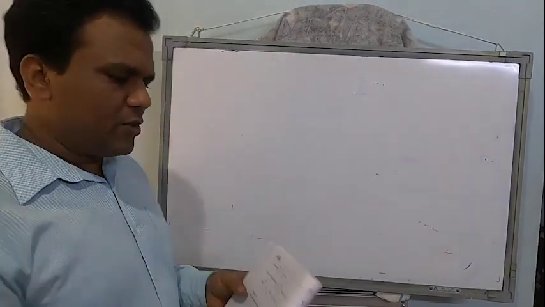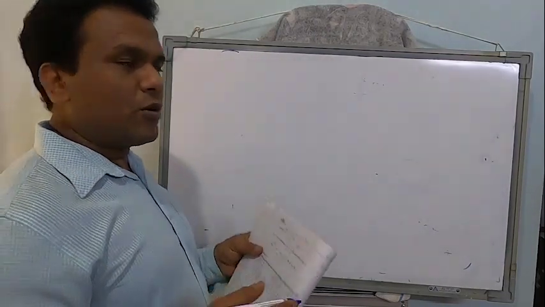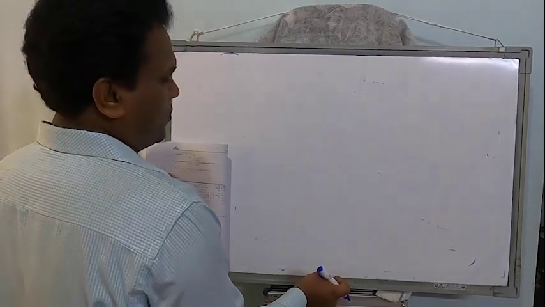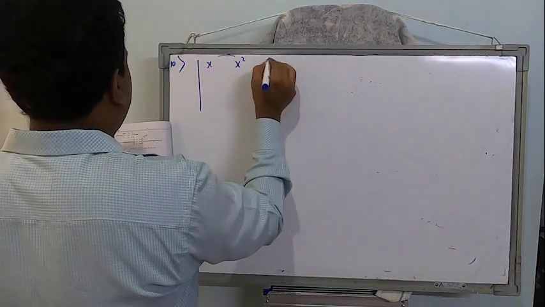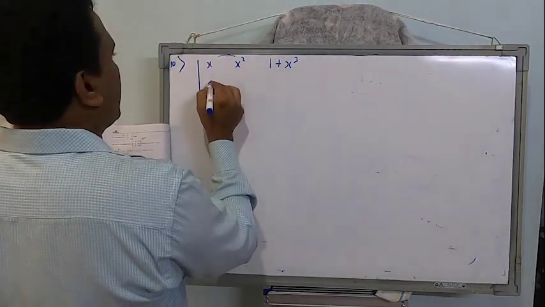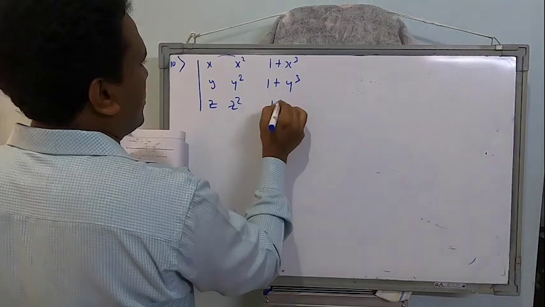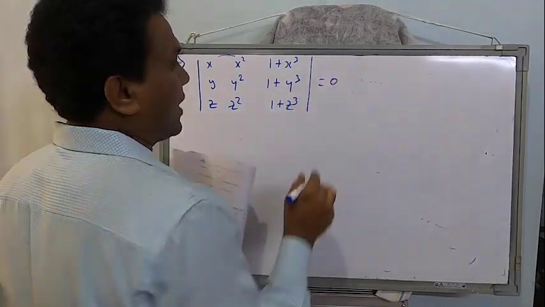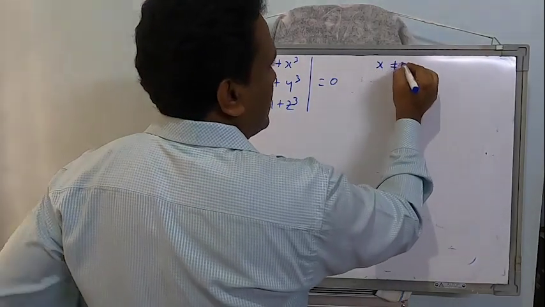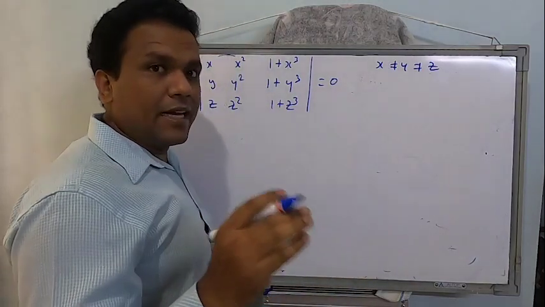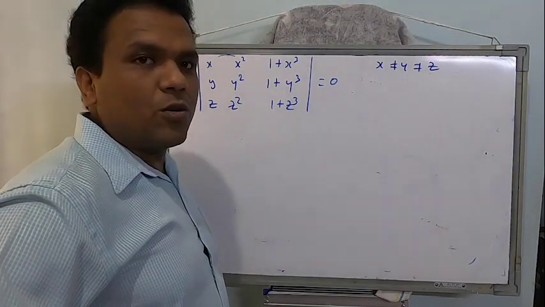So the value has to be shown. The value of the determinant is already 0, then show that 1 plus xyz equal to 0. It's not that LHS actually. The full problem has to be considered. So it's problem number 10. So x square 1 plus x cube, then y square 1 plus y cube, z, z square 1 plus z cube. This value is already 0, then show that 1 plus xyz is 0. Condition is x is not equal to y, not equal to z. X, y, z, just look at the statement being given in the problem. X, y, z are different. That means x is not equal to y, not equal to z.